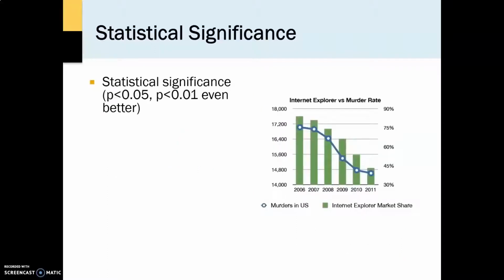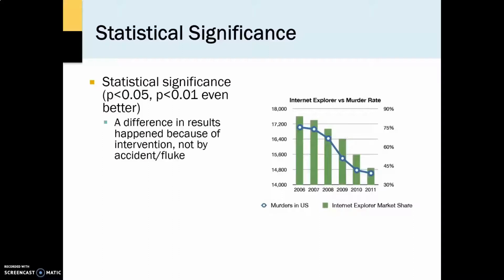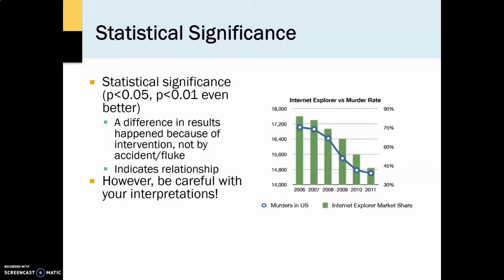So statistical significance is set at a value that is less than 0.05 at the very least. If it's less than 0.01, that's an even better result because the likelihood of this being due to random chance is very, very small at that point. So this is indicating that it happened because of the intervention and that there is a relationship between the variables that you are studying. But you have to be very careful with these interpretations because